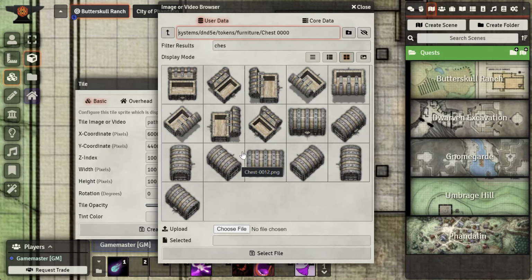All right. So the cool thing about this token pack is that you've got all these different orientations, and some open left to right, some open right to left. Well, we're going to put it on the west wall, so we want it to open right to left. We want the lock area, it doesn't have a padlock on it, but we want the lock area to be on the right, and it's vertical. So I'm just going to pick this one right here. So this is